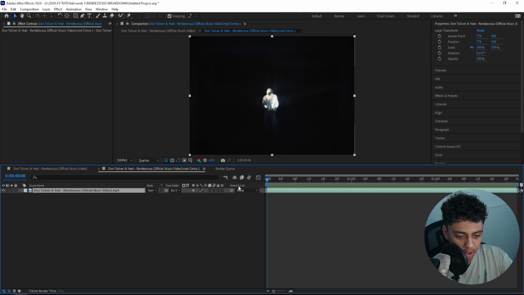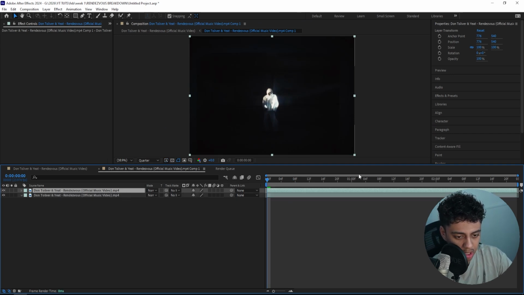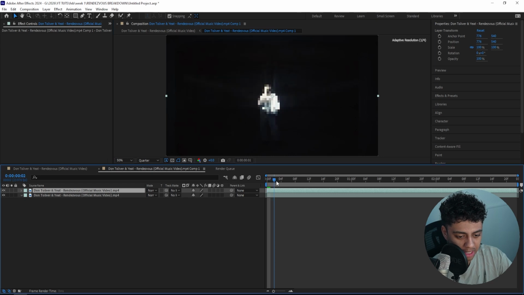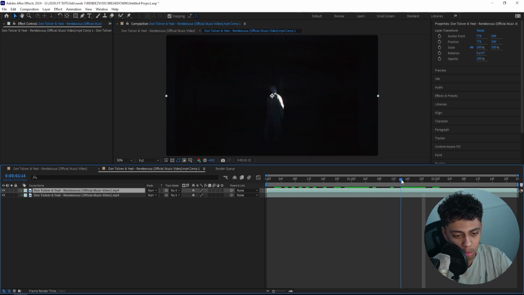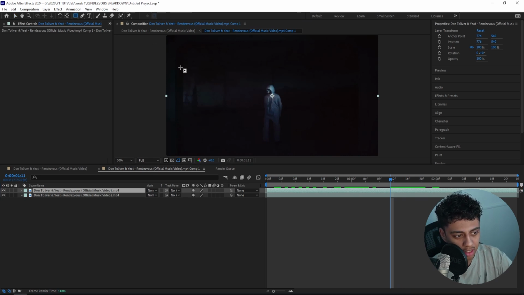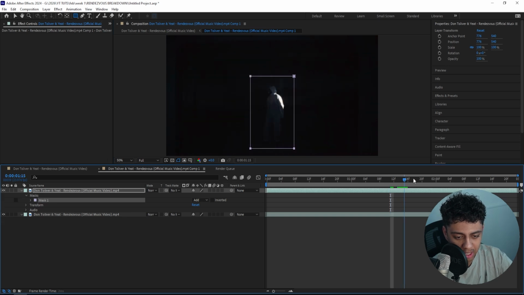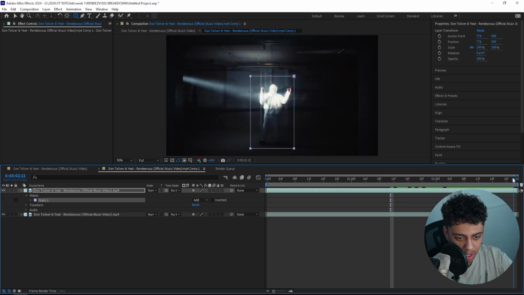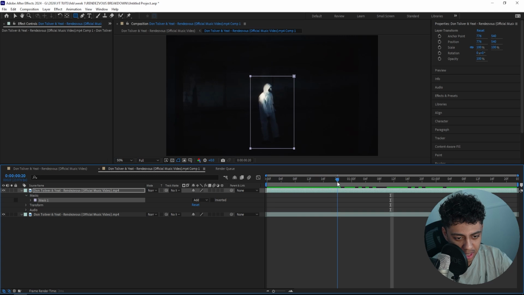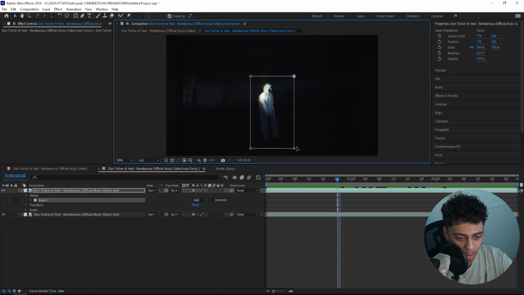So what we need to do to create this is first start off with 2 different layers. So I'll just duplicate this 2 times. And for the top layer, we'll be masking out our subject. But as you can see, they have some effects on it, and using a rotor brush tool on this low contrast would be pretty hard. So what I'll do instead is grab the rectangle tool and just mask around where he's moving basically. So like right around here, just make sure that it stays in that rectangle all the way throughout the